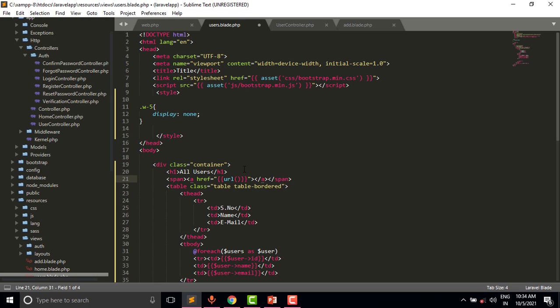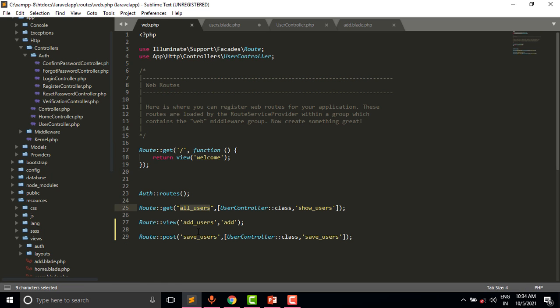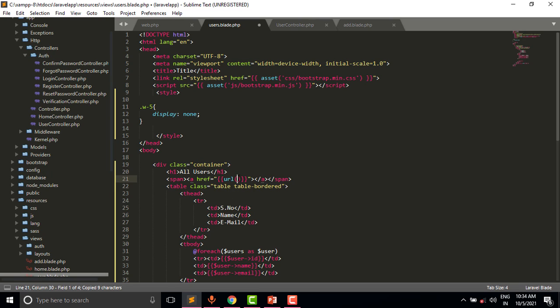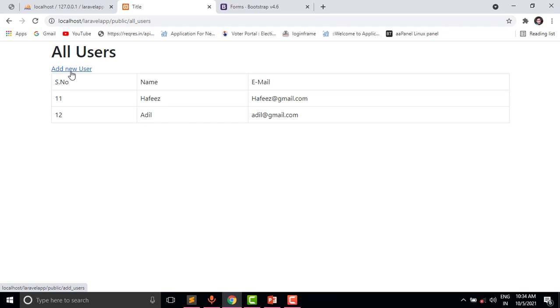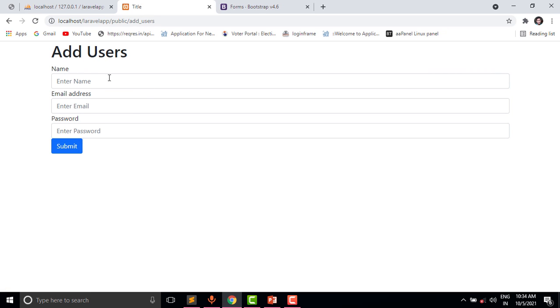URL, and we will pass this URL, add users. Add new user. Now you can see we are getting this link. Now when we click on this, it will redirect to the add users page.